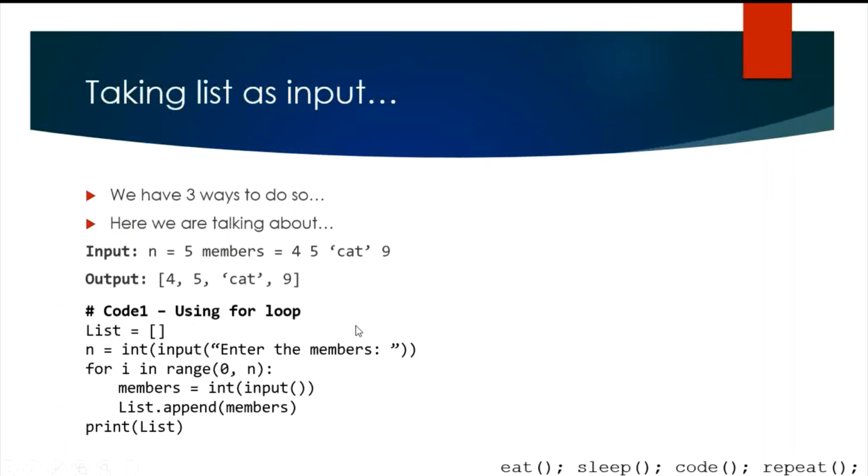For that, the first way is using a for loop. This is very tedious, iterating to n values, more complexity. We have a list, then we enter the number of values you want, then iterate through i till the value of n, appending the values to the list. This append operation we're going to talk about in the next video, I guess. Then I say print list, and you're going to get the list you want. Try this out in your IDE and tell me the results. You can ask in the comment section. So this is code 1, very simple, using for loops.